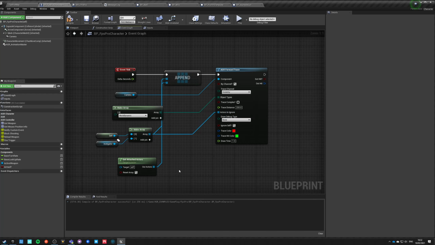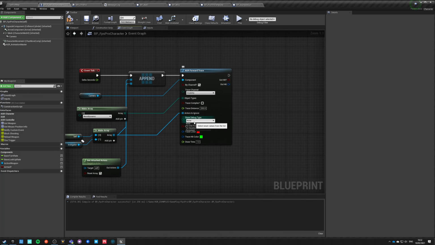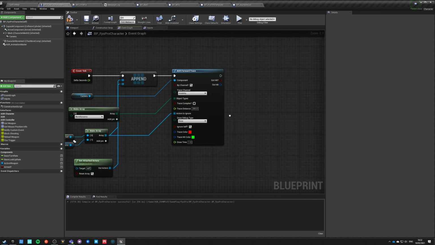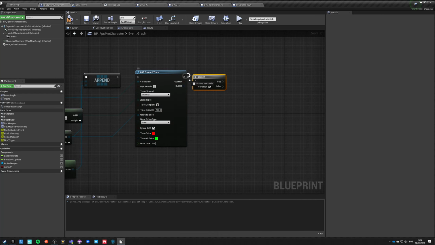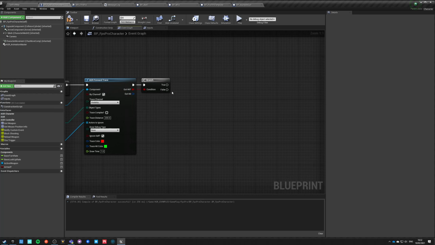Yeah, and then we want to just push this one, because this is the main array, and this is a second array that we are combining and pushing here. And draw type, let's say for nothing. And if we get hit, then we want to see if it is a weapon. So how to do that?